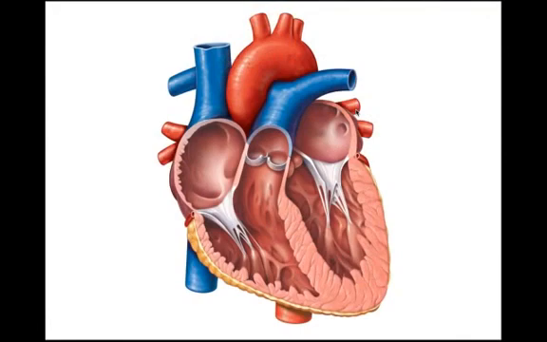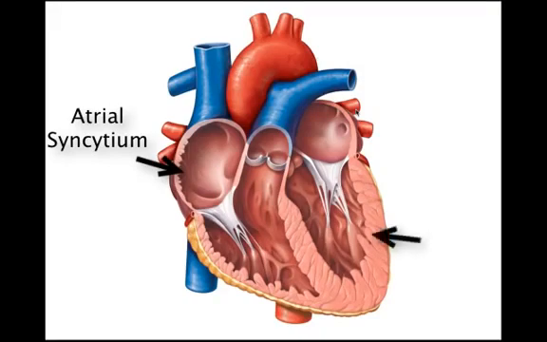The human heart has two structures that coordinate this functional syncytium. One is the cardiac muscle cells of the upper chambers, and it's called the atrial syncytium. And the other is the interconnected cardiac cells of the lower chambers called the ventricular syncytium. The two are separated by connective tissue in the heart, with the exception of a small area on the floor